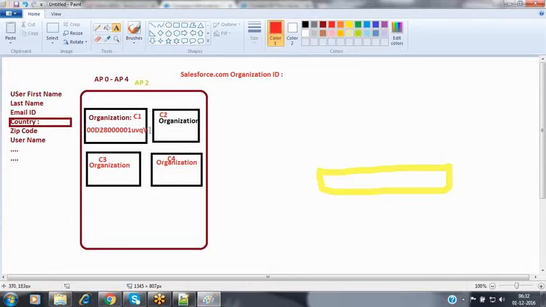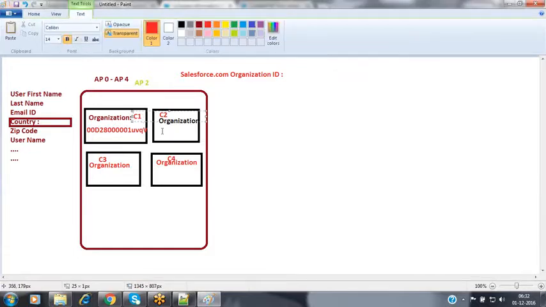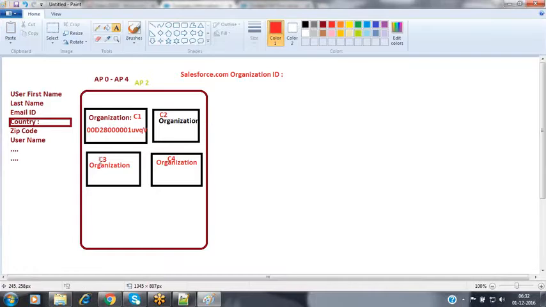For each and every server, Salesforce allocates memory space for multiple customers inside it. At that time, in organization 1, customer C1 will be creating some records. Customer C2 will be creating some records. Customer C3 will be creating some records. Customer C4 will be creating some records. Then where will these records get stored? Where is the database? What is the database for a Salesforce organization?